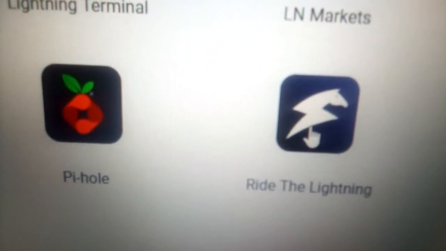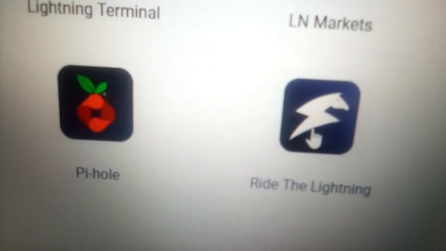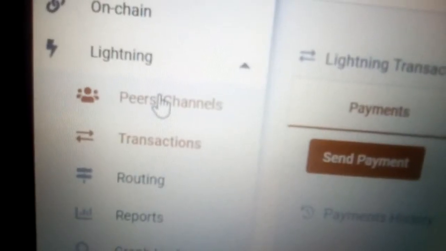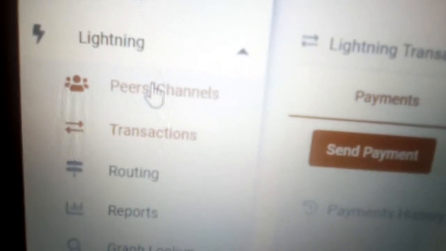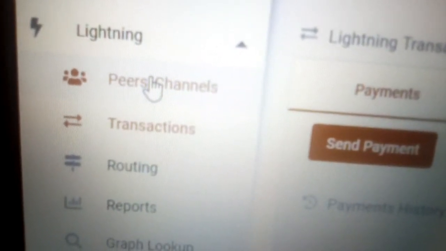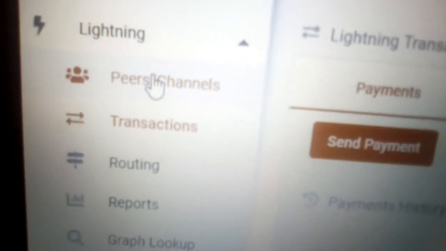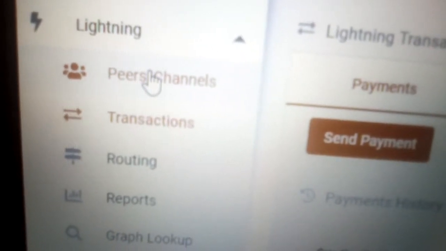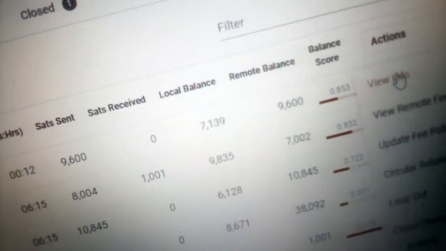So really the Lightning app is very useful. I show you how to set your fee. You can see your peers and your channels, and there you can set your fee to the minimum 0 fee, because automatically it's set higher, it's set to 1 Satoshi. You have your peers and your channels, and under actions you can check